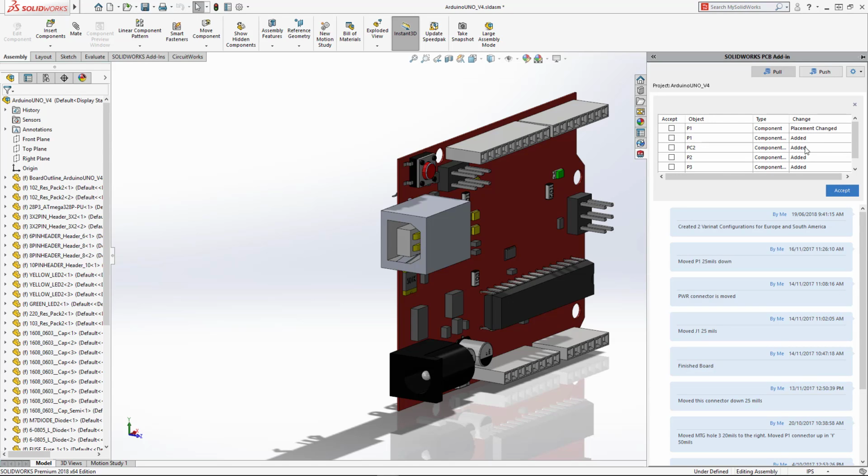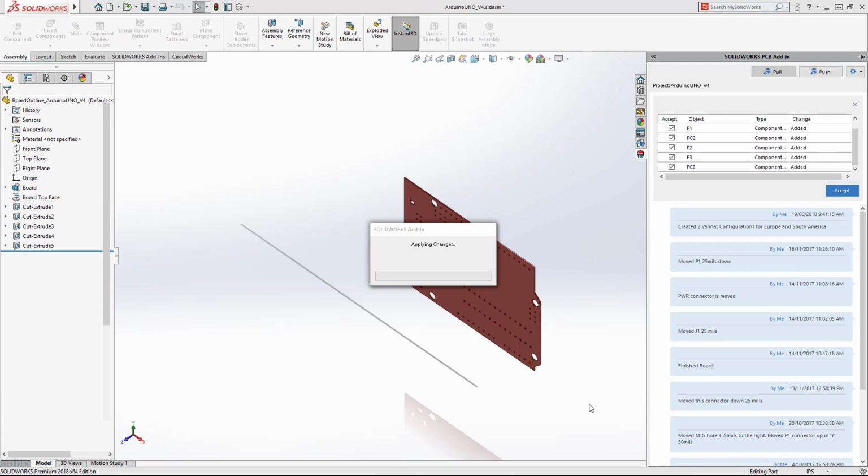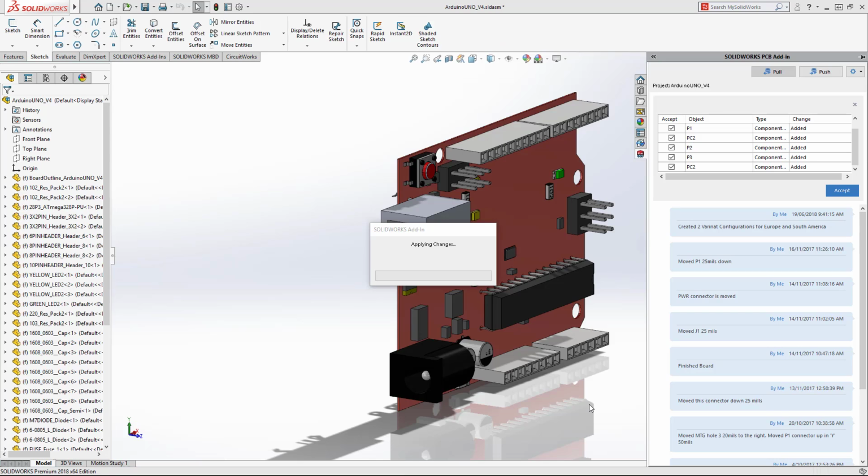Now we can preview what has been done during these changes, and then after that we can select all of the components, which I'm doing right now, and I'm going to accept all of the changes. Once that happens, it updates inside SolidWorks Mechanical configuration, and now you'll see that inside this configuration we